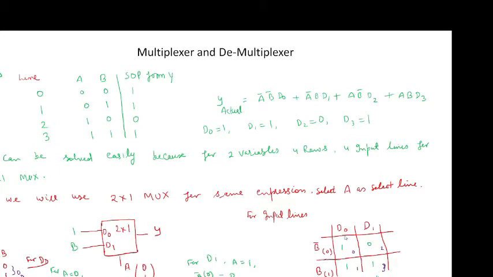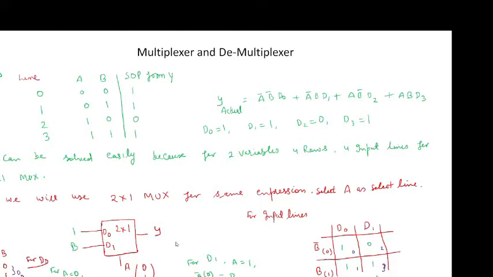Now in the D0 column you see that 1 is present, so here your output will be 1. It is like the term B bar plus B, and you know that B bar plus B is equal to 1. When these two terms are same, we will write it as 1. Now similarly for D1, B bar is 0, so this will not appear, and for D1 B is equal to 1, so here your output will be B. So we will select the input lines as 1 and B.